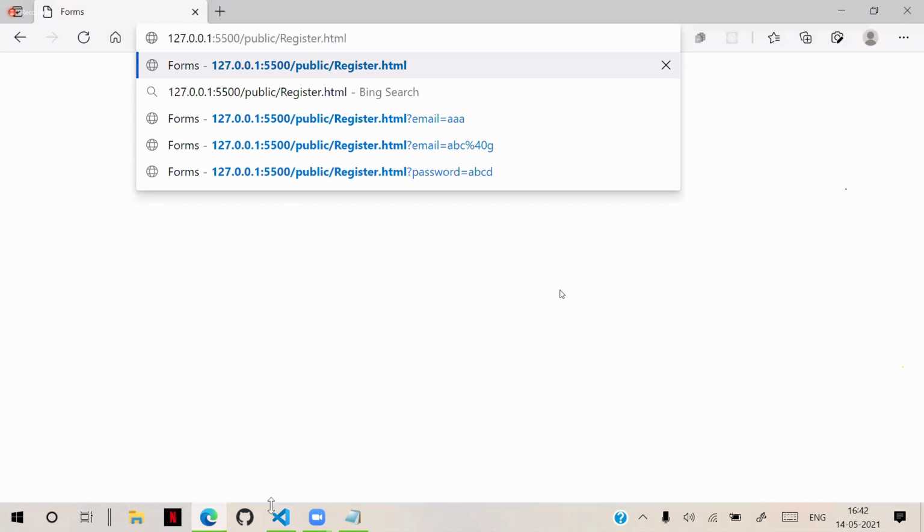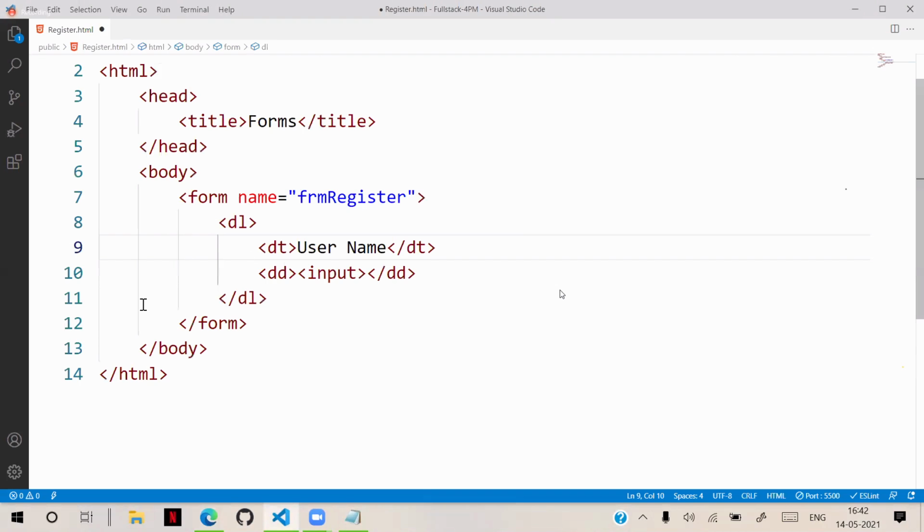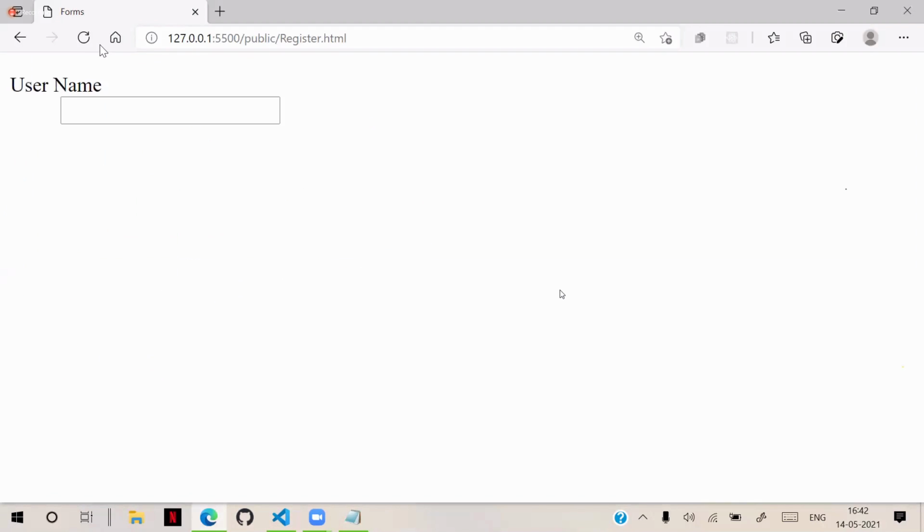I will refresh these changes. You can see by default input is going to show that. So let's save this and refresh, and you can see this input by default gets a text box. By default input is like a text box, but it allows to input a number or a string. It allows symbols, everything it will allow.